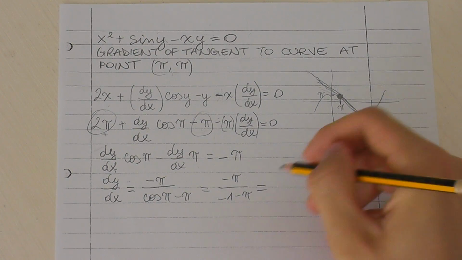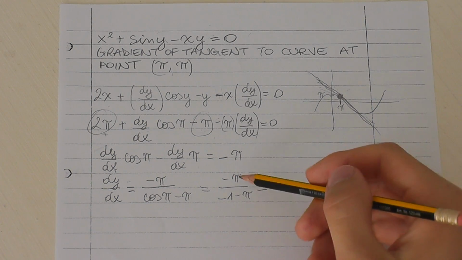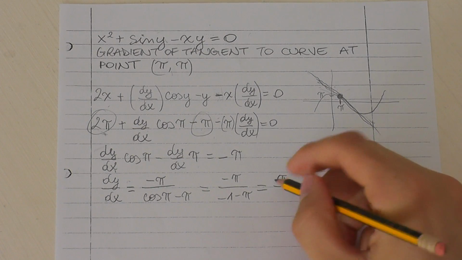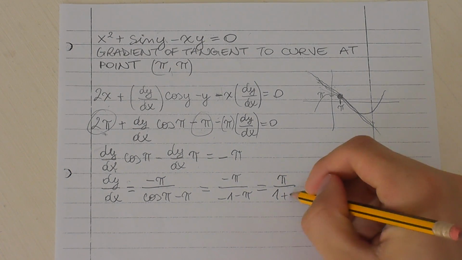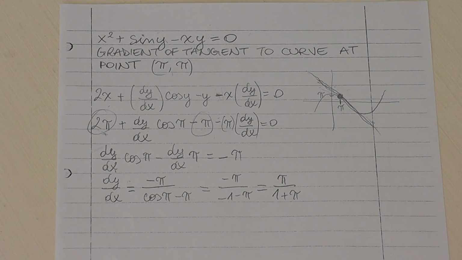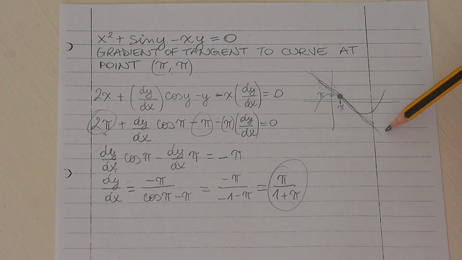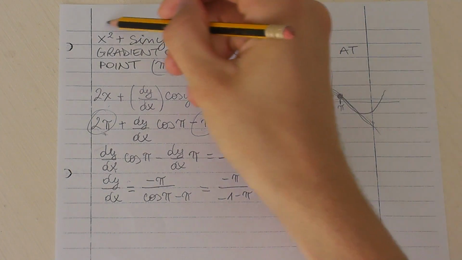Or if you factor out a minus 1 from the numerator and the denominator, and then just get rid of it, it's pi over 1 plus pi. You can also rationalize this further, but it isn't necessary. And this here is the gradient of the tangent to this curve